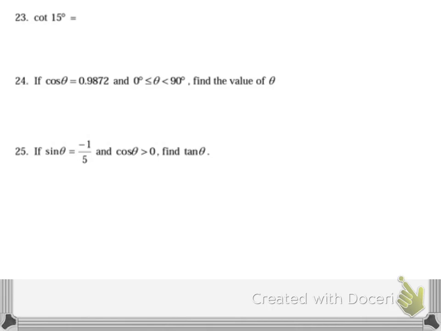The cotangent of 15. We learned about cotangent in terms of a right triangle. I'm not sure that we learned to put this in the calculator. Number one, you need to make sure that your calculator is in degrees. You go to mode and make sure degree is highlighted. We know the cotangent is the reciprocal of tangent. So what you're going to put in your calculator is 1 over the tangent of 15 degrees. Let me put that in and then I'll tell you how to do the rest. 1 over the tangent of 15 equals